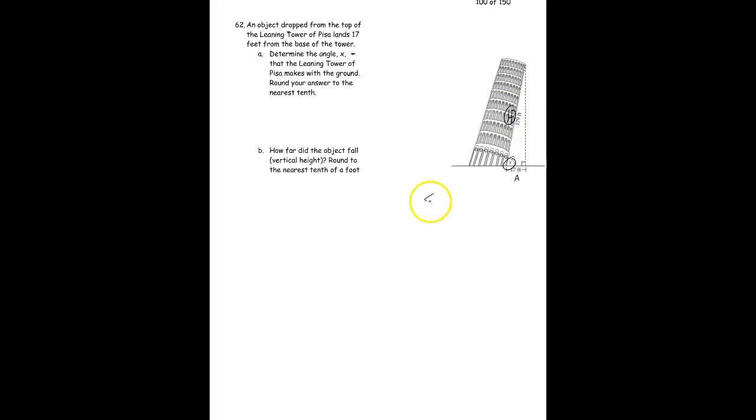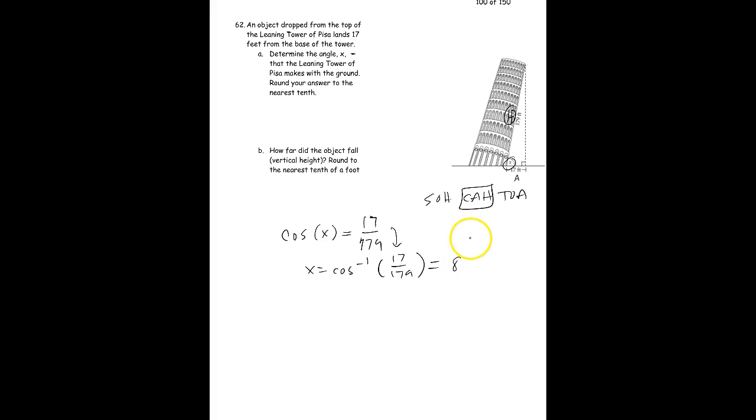So if we think about SOHCAHTOA, we have adjacent and hypotenuse. Cosine is what we want to use here. X is an unknown angle right now. So we have cosine of X equals adjacent over hypotenuse. So 17 over 179. And to solve for X, we take the inverse cosine. So I'm just taking what's here and putting it inside for the inverse. And then we'll just do that on the calculator to get a rounded value of